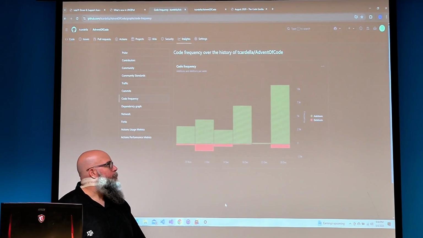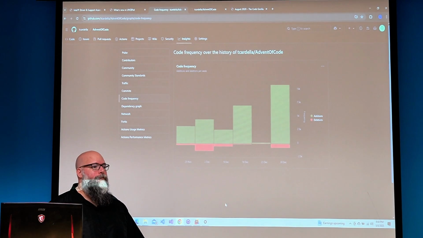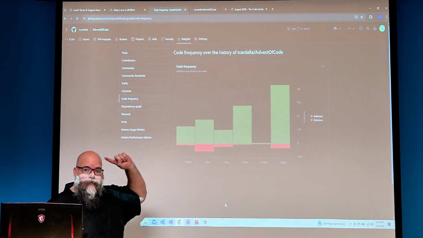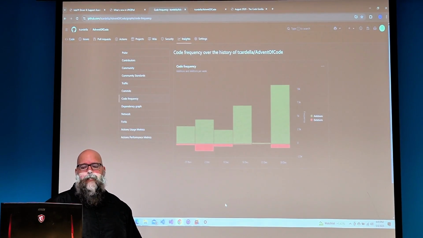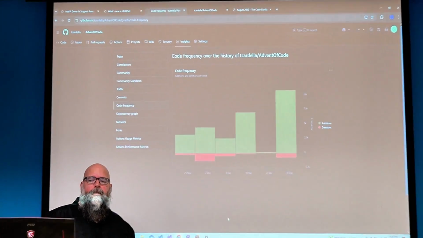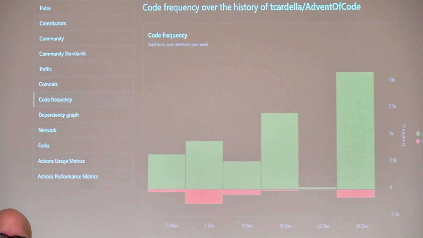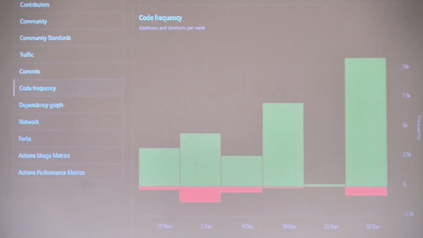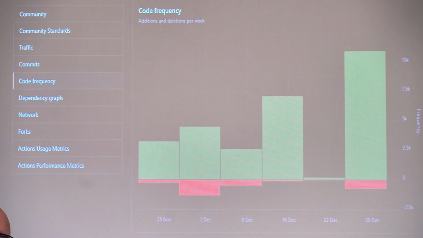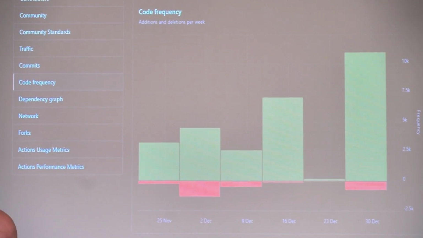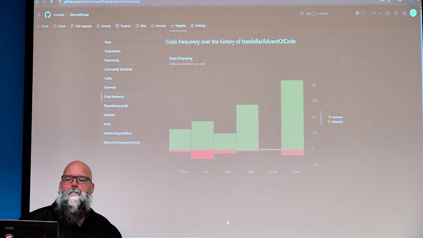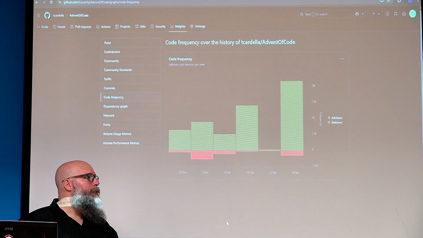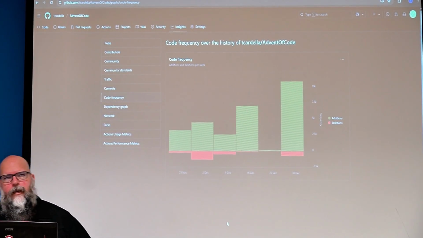So, I'd argue if you're trying to learn a new language, Advent of Code is a good way to do it, right? They give you some pretty complicated questions. And if you need to, you can look things up. It's not locked down like a HackerRank or LeetCode kind of thing where you get penalized if you switch browser tabs and that kind of garbage. But it gives you a more real world